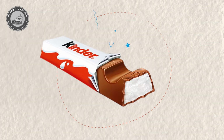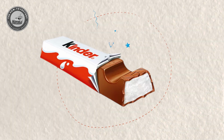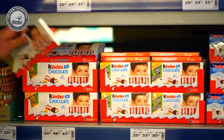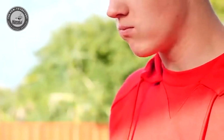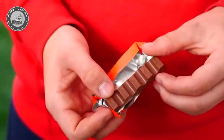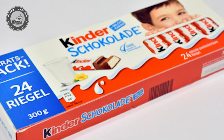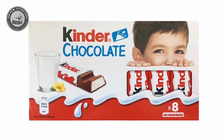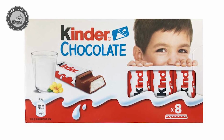Kinder Schokolade is wrapped in its signature foil and paper packaging, designed to keep it fresh and protected. Once packaged, the chocolates are packed into boxes and shipped worldwide to stores where they await eager chocolate lovers. From sourcing the finest ingredients to ensuring the perfect blend of chocolate and milk filling, every step in the production of Kinder Schokolade is carefully controlled to maintain its signature taste and texture. The result? A delicious creamy chocolate bar that has been bringing joy to children and adults alike for over 50